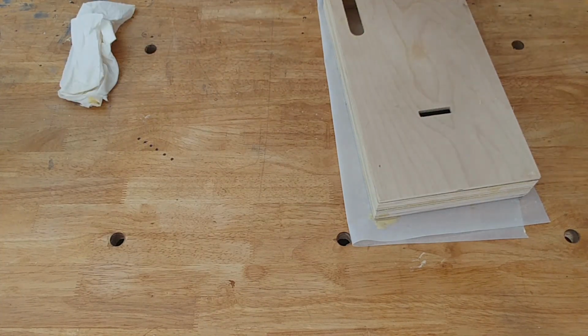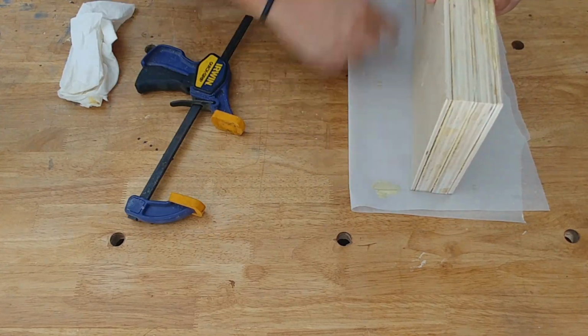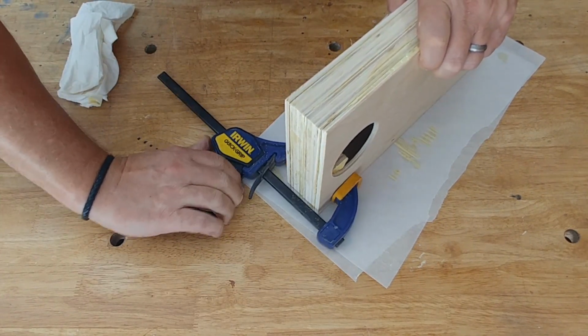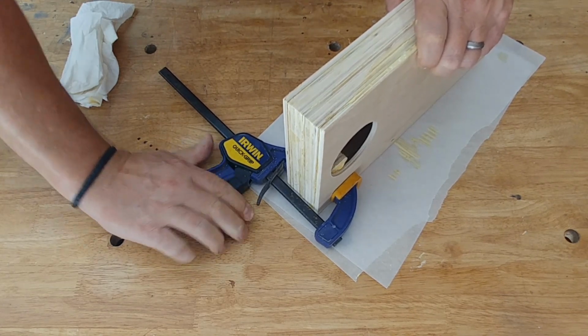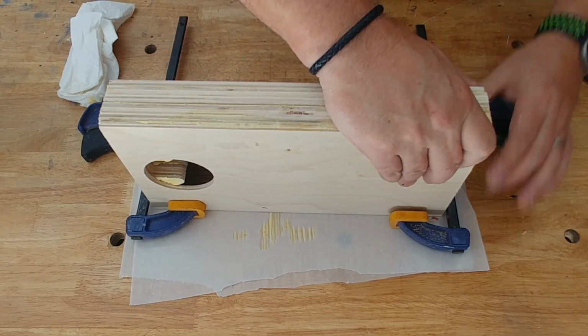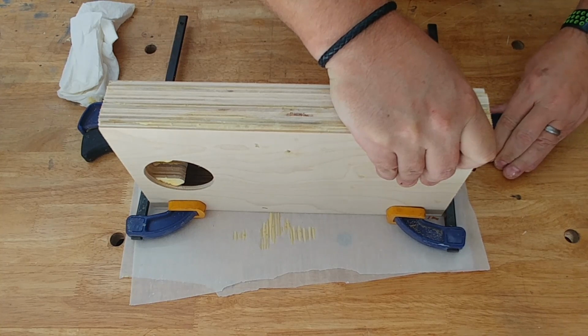All right, so we've got these four 8-inch clamps here. Now what you want to do is work diametrically when clamping something like this. I'm going to slide this over on its edge so that the whole assembly is flat on my work surface here. And then I'm going to put the clamp on the surface and keep it parallel while I gently tighten it. Then I'm going to come down here and do the same process. I'm going to keep it flat on the surface, held together with my hand, keep the clamp flat onto the surface,